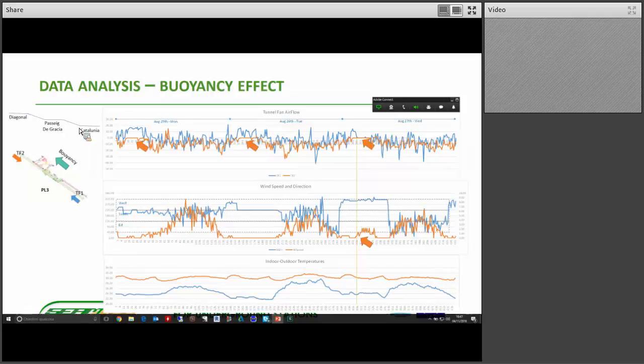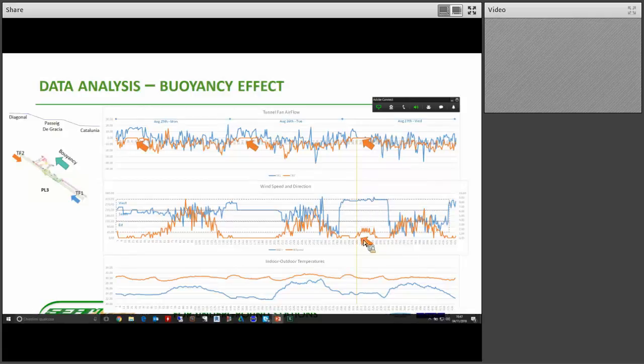While the blue one is favored by the buoyancy effect, so it is able to operate into the night of 25th of August, 26th of August, but during the night of 27th of August, since winds from the northwest rise